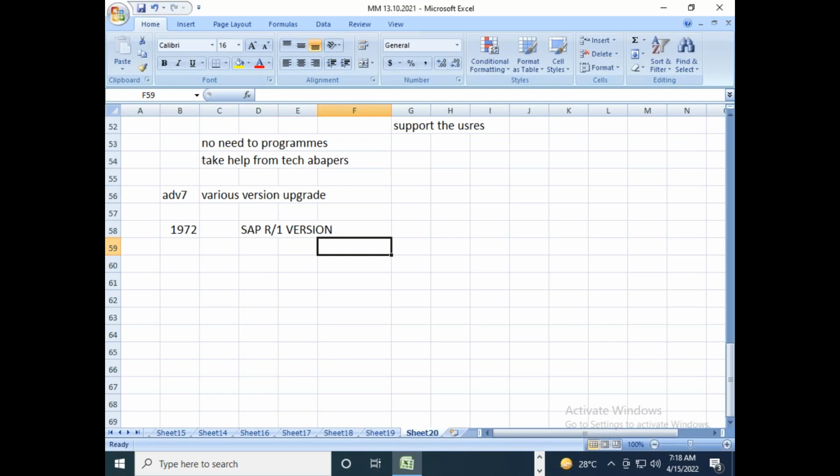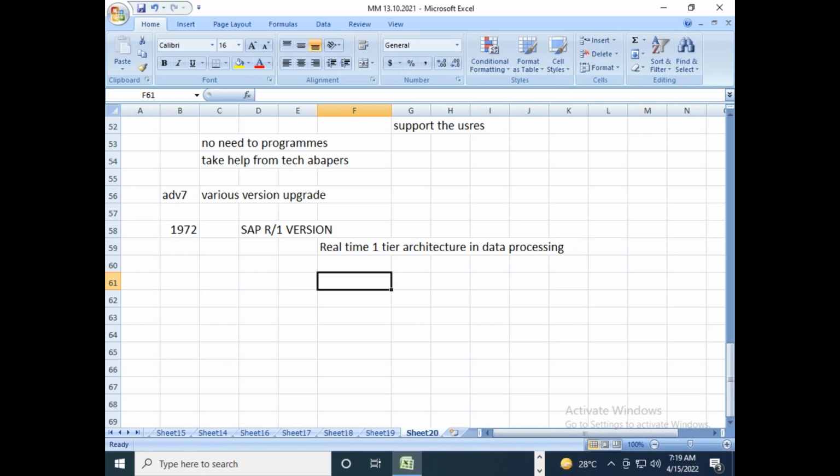It is nothing but real-time one-tier architecture in data processing. Okay, so during 1972, SAP released one version, SAP R1, but SAP was able to provide solutions only